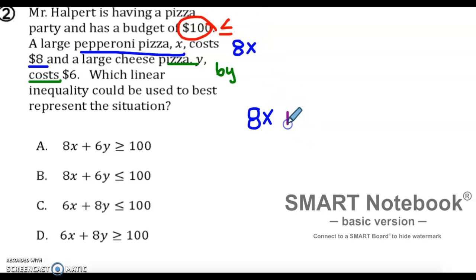And we're going to represent that with a plus sign. We're also buying cheese pizzas, so $8 per pepperoni pizza plus $6 per cheese pizza has to be less than or equal to $100 because that's his budget. We cannot be more than $100. It can be exactly $100 or it can be less, but it cannot be more. And here this inequality is letter